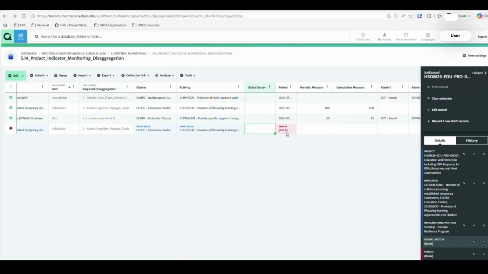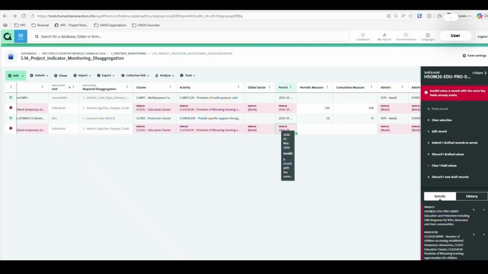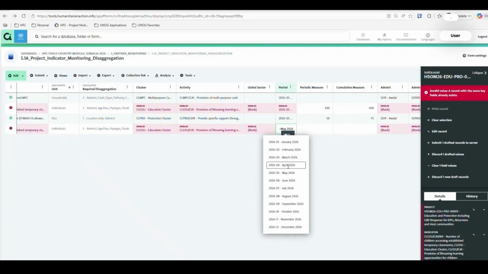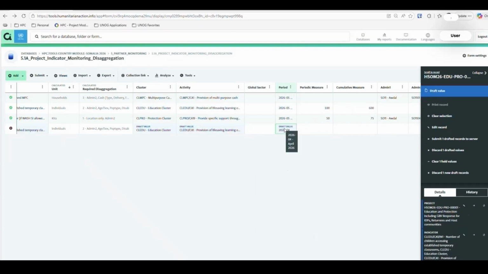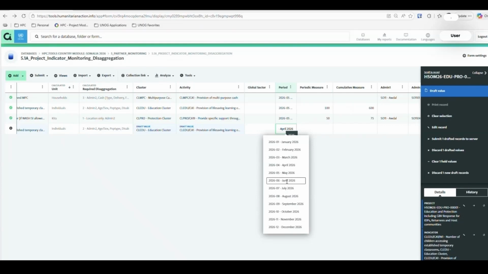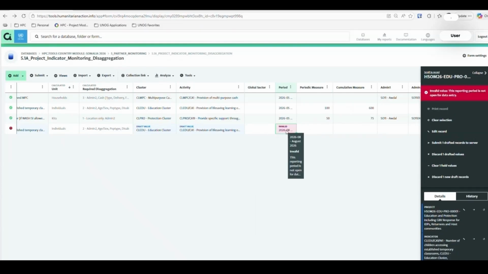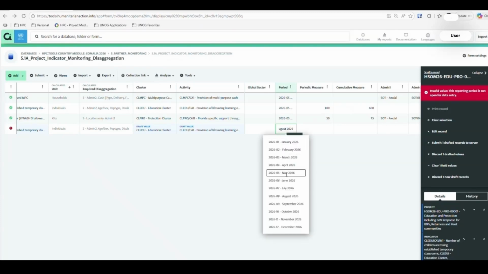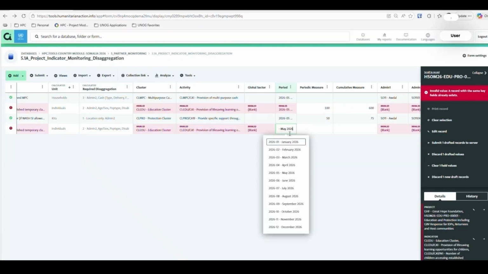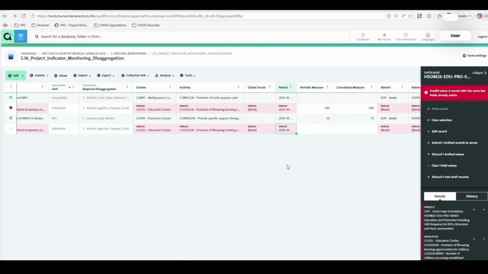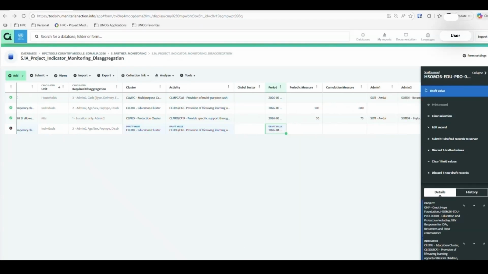Then fill in the reporting period. I'm going to select April. Remember, if you select a future monitoring period, the system will also show that this is an invalid value, indicating that you need to select the right monitoring period. So let's select May, or rather, let's select April. And then,